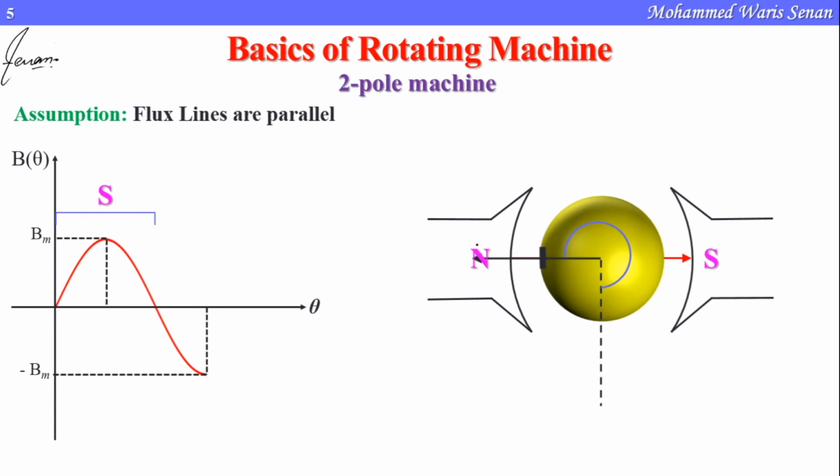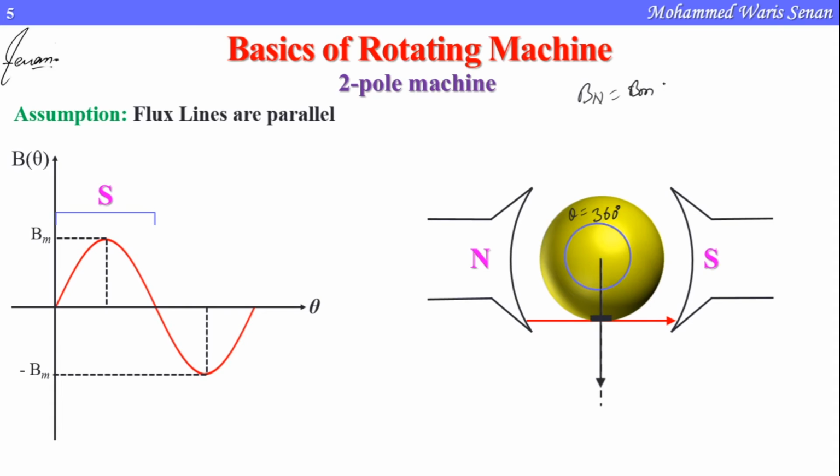Okay. Now the last one, when we again rotate by an angle of 90 degree, the angle here is now 360 degree. Theta is 360 degree, and sin 360 degree is 0 again. So if we calculate Bn by sin, it will be 0. If we talk about cos, alpha here is 90 degree, between the black arrow and the red arrow, and cos 90 is 0 again. So the value is 0.